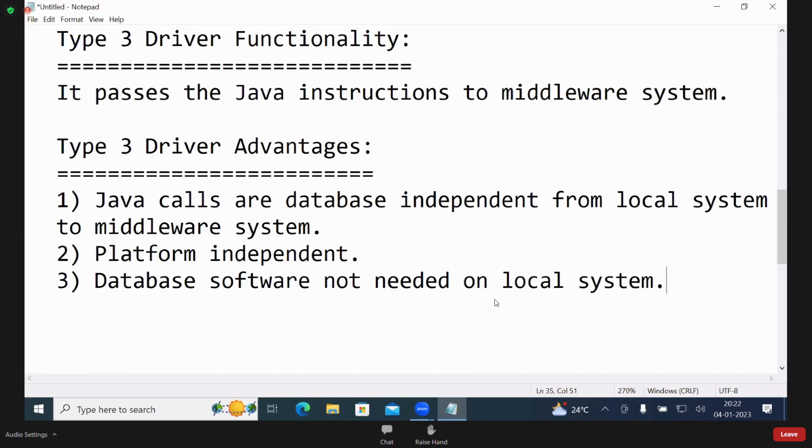Even applets are also suitable, but applets are outdated, no need to write. Okay. Database software is not needed on the local system. Database can be anywhere.